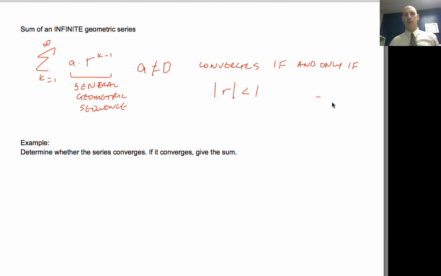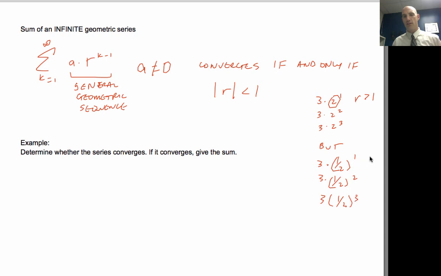So that would be like 3 times 2 to the first, 3 times 2 to the second, 3 times 2 to the third. Okay? R is greater than 1. It's getting bigger and bigger and bigger. That's divergent. However, if I've got 3 times 1/2 to the first, 3 times 1/2 to the second, 3 times